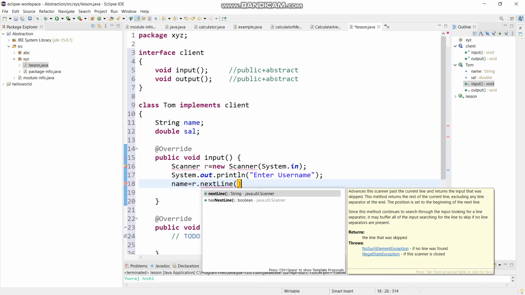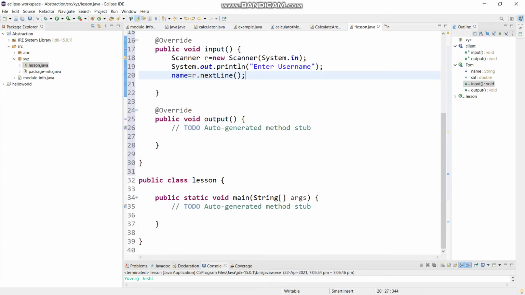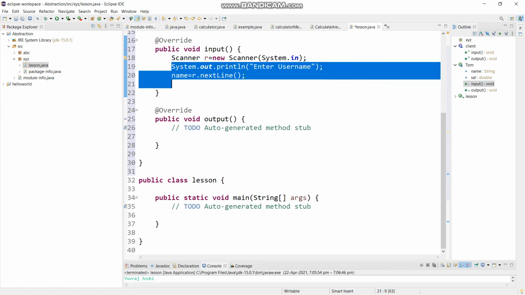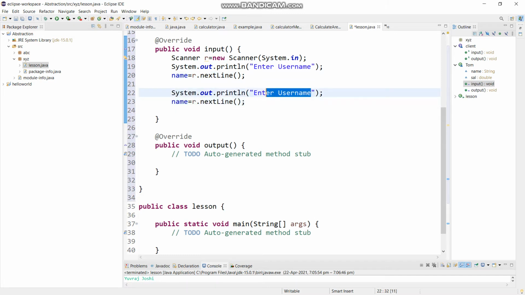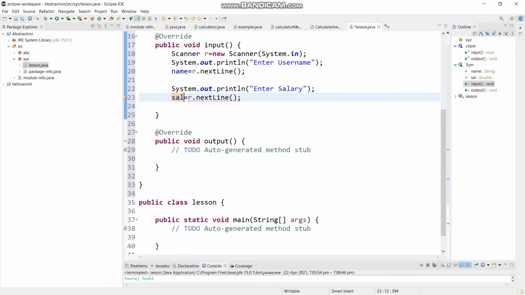Simple. After that I'm going to ask for the salary because I want to print it too with the help of the interface. So I'm just going to copy and paste this username line, and in the place of username I'm going to write salary, and in the place of name I'm going to add sal.